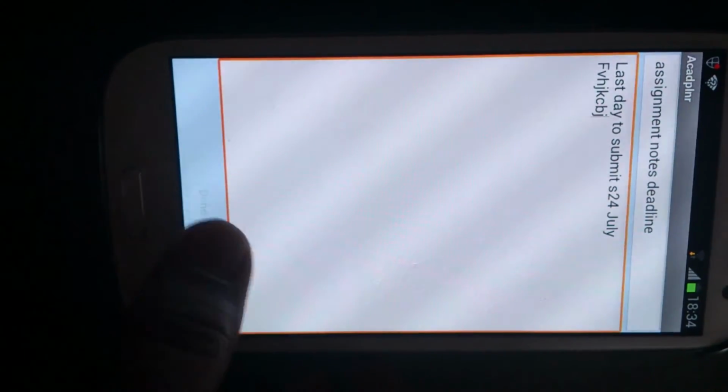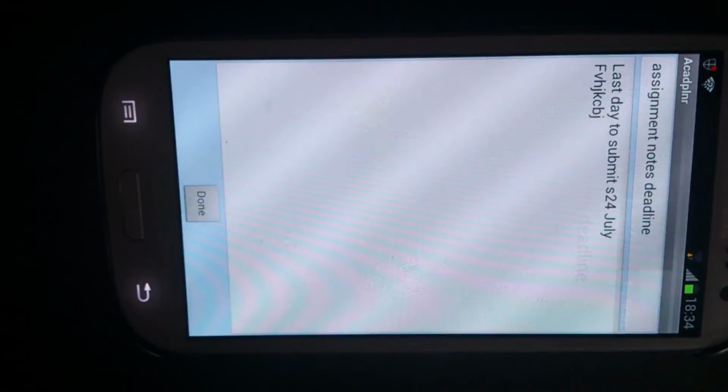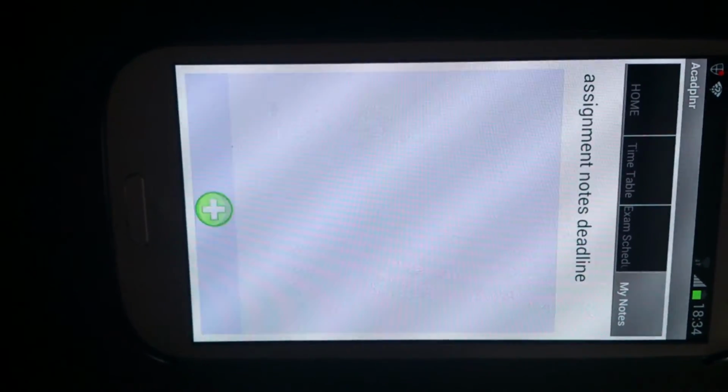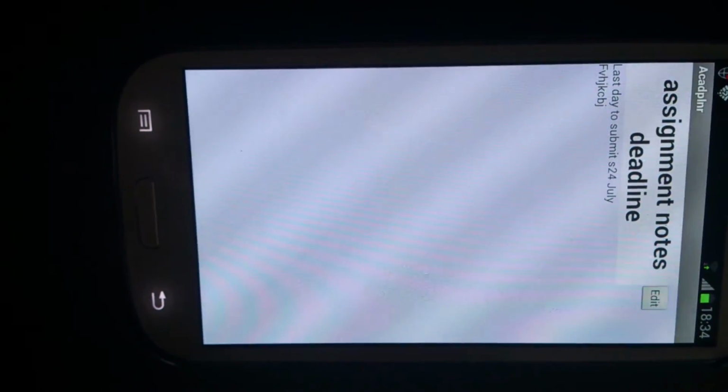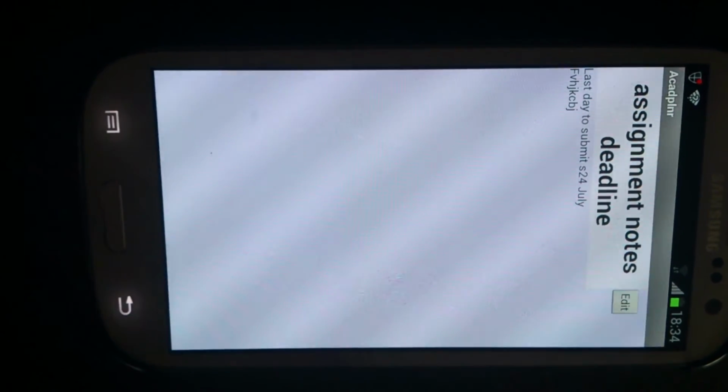Then I say done. You can see a button here, done. A note page has been added, assignment deadline. When I click on this, I'll get all that I have already stored.